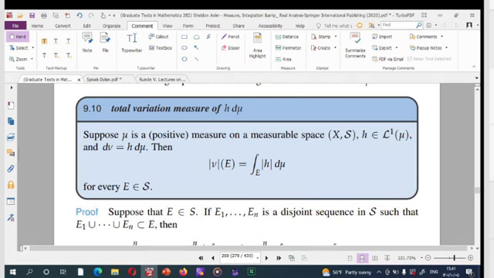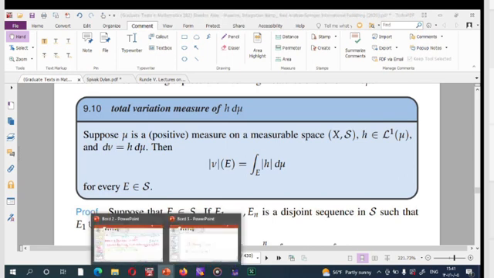Suppose mu is a positive measure on a measurable space X and S, and h belongs to L1, and nu equal to this, then the total variation of this nu equal to this integral for every E in S, okay, so that in this proposition we see that